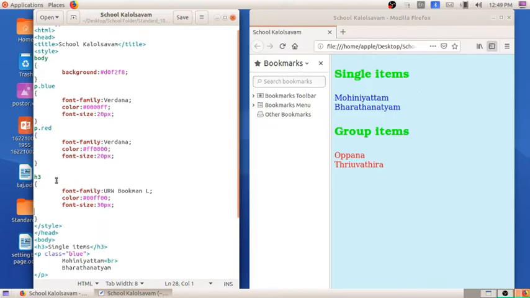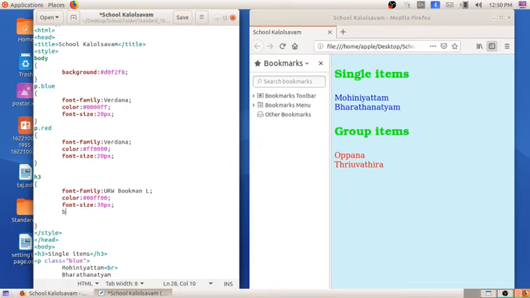So under the H3 tag, we have to write the background, same as what we have written here for body. We have to give this color for heading also. So what we have to write here, you all will be knowing that. Enter key, click on tab. Here in page number 39, figure 3.8 in the textbook, you can see the background color for the heading.